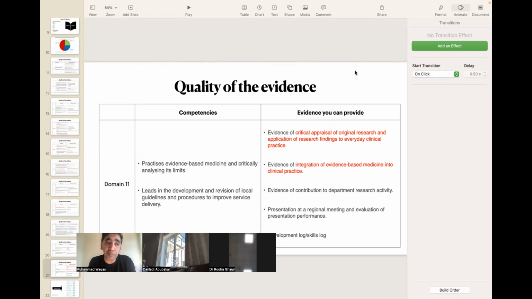What I am suggesting and advising is only relevant to general pediatrics. So please don't take it as generic, although, as I mentioned earlier, some things are non-specific and can be used in other specialties. But what we are talking about today is only general pediatrics. So for subspecialties, I would suggest you contact the GMC. That's the safest advice I can give. All right, thank you so much.